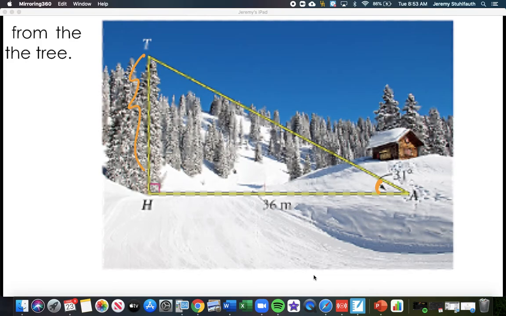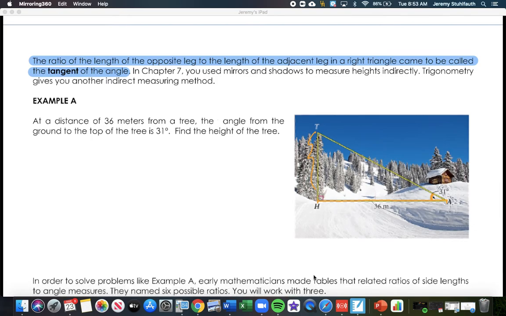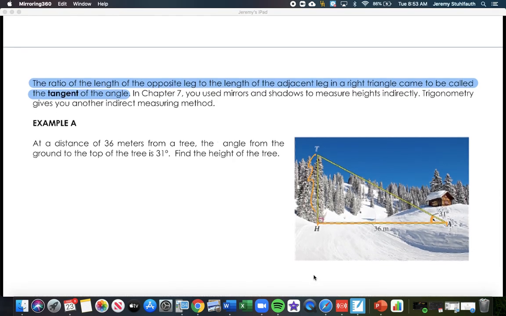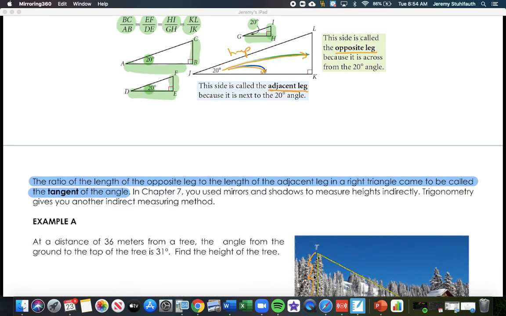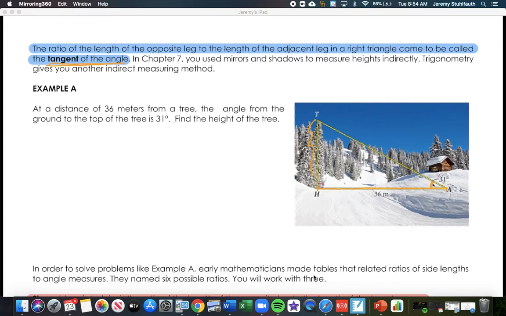All we know is the distance from the tree to where you're standing, and that is your adjacent side to the angle of 31 degrees. So if we use what we know about the tangent of an angle, we know that the tangent of an angle, which would be written like this, tangent of 31, because the angle is 31 degrees, is equal to the length